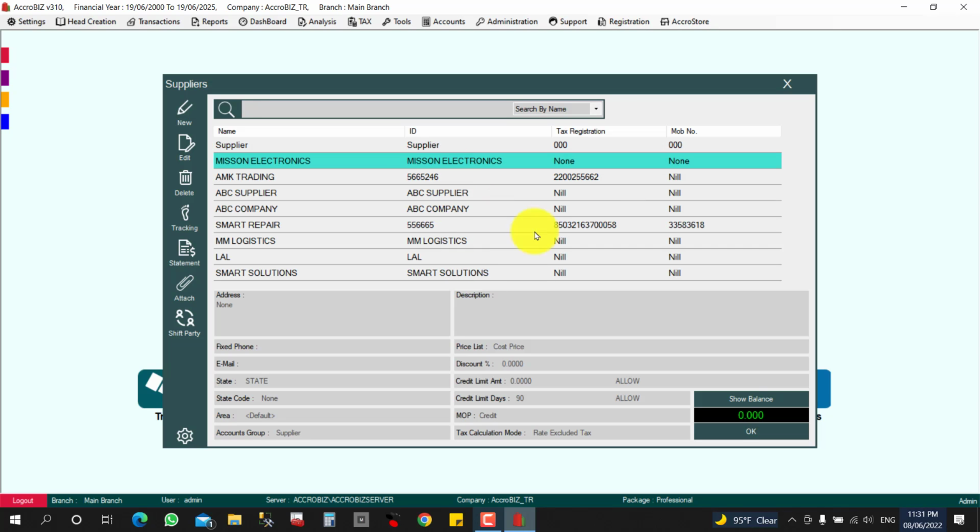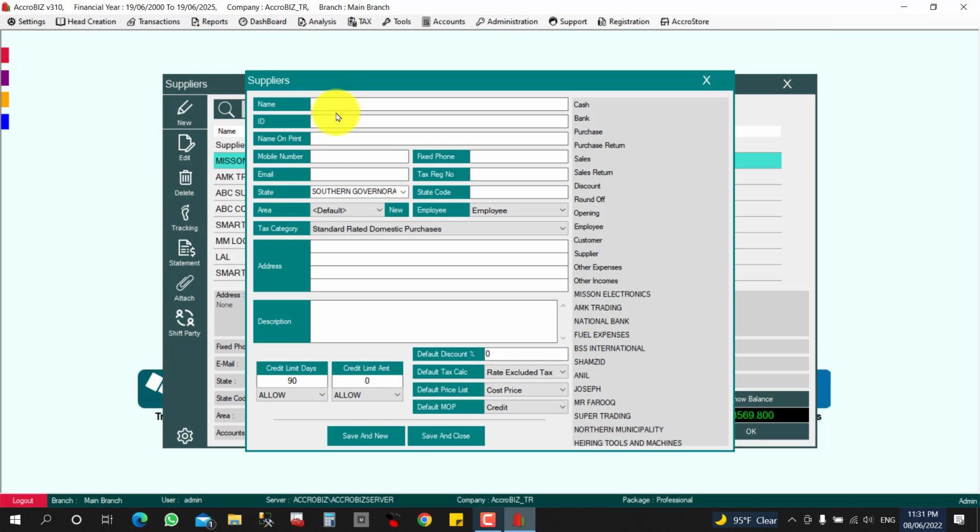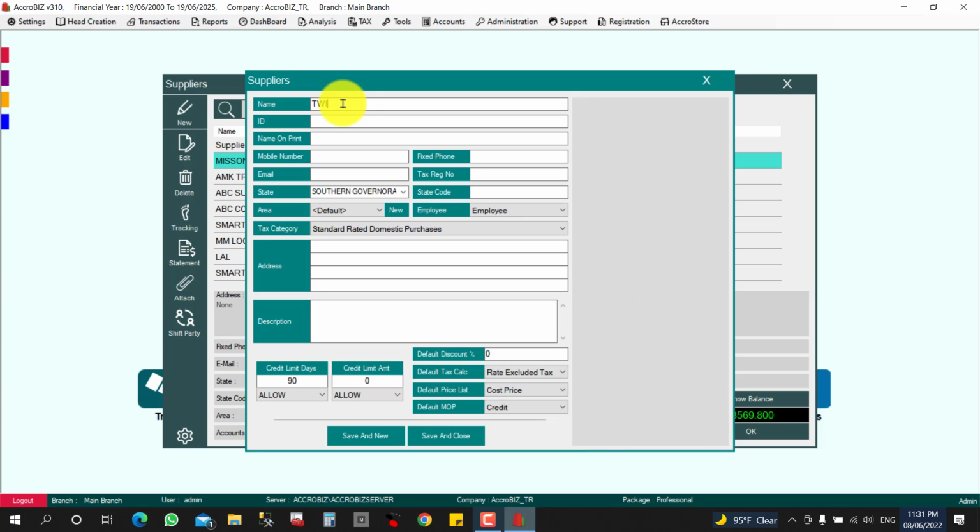Whenever you click one supplier and click show balance, you can see the outstanding also, and I'll show the detailed statement later. So if you want to create a new supplier, you can click it here, new, and give the supplier name. I'm going to give the name MOSC trading,